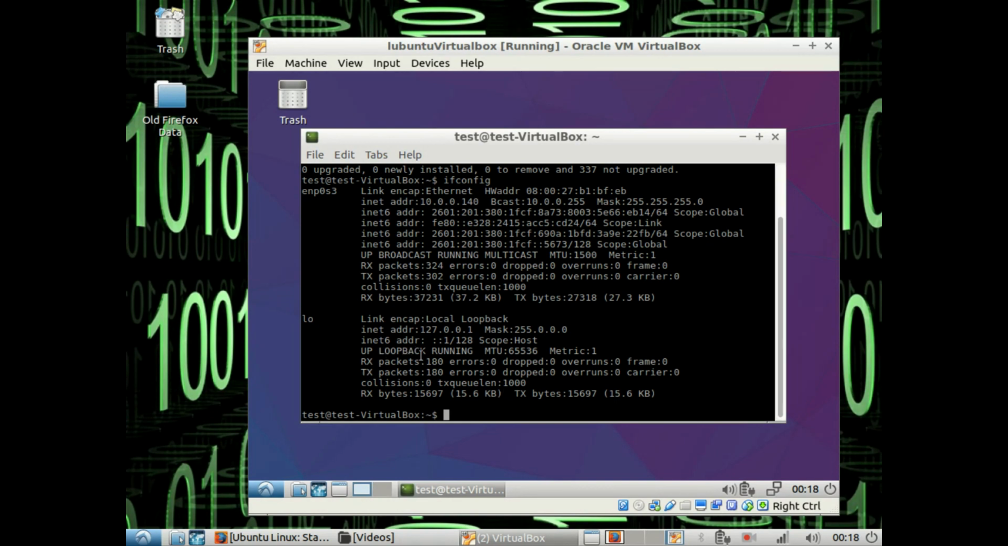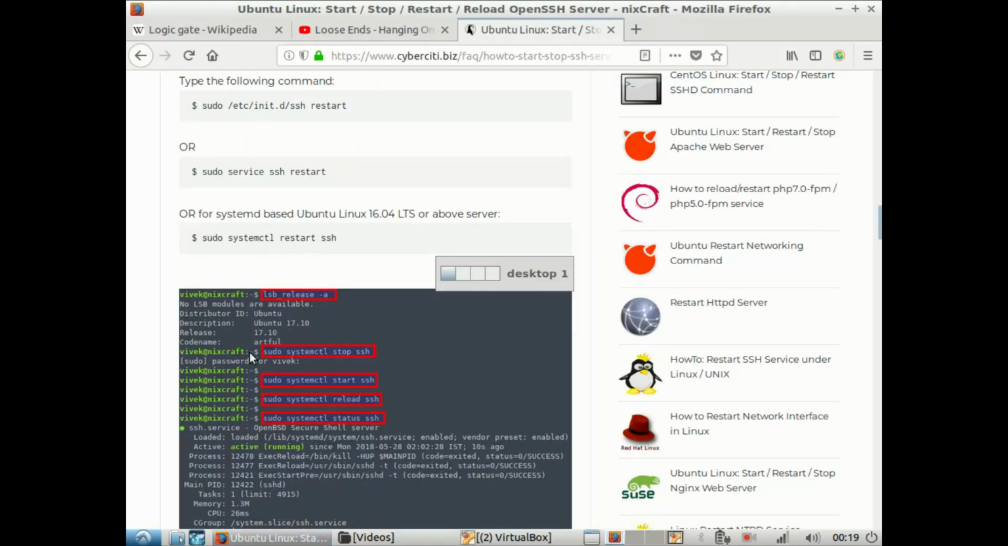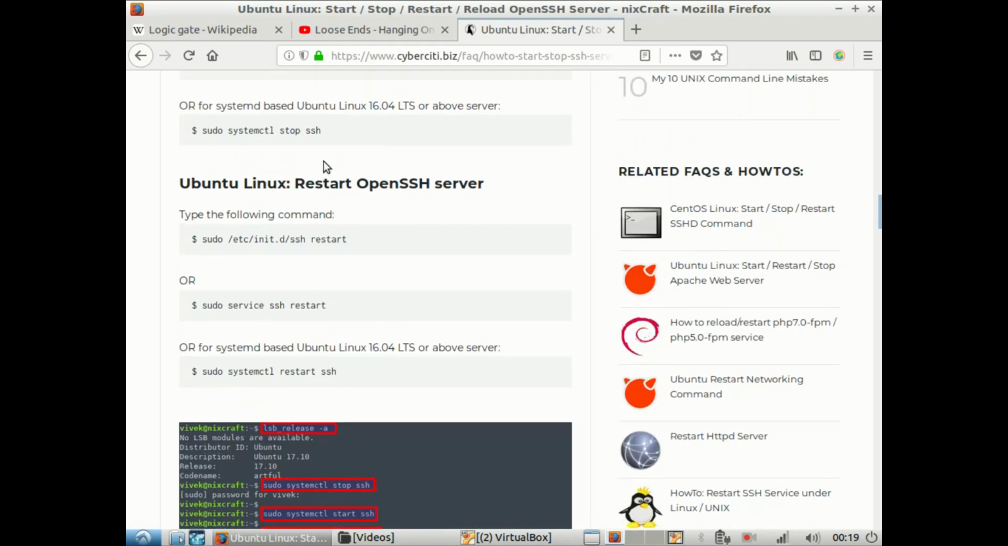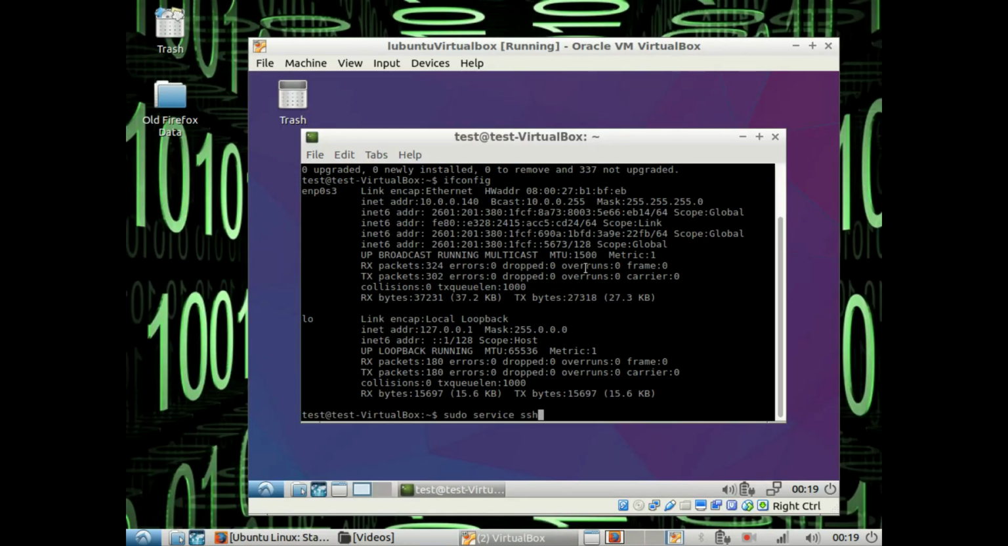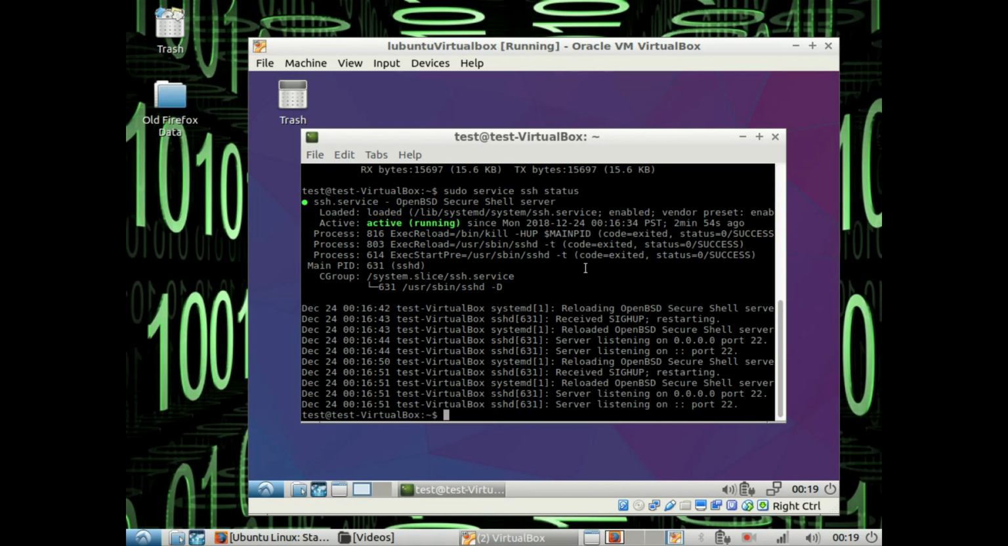and we could also check the status of the openssh server by doing sudo service ssh status. And you can see it's running. It says active running in green. So now that we know openssh server is on,